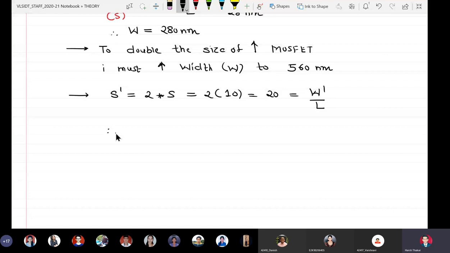So therefore W dash is 20 into L, 20 into 28 nanometers is equal to 560 nanometers.